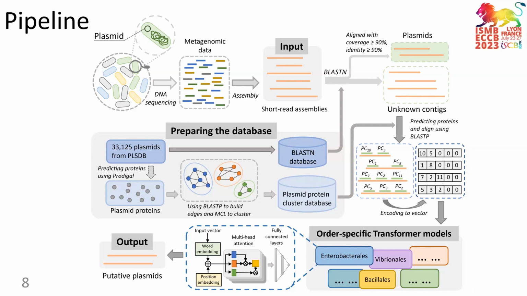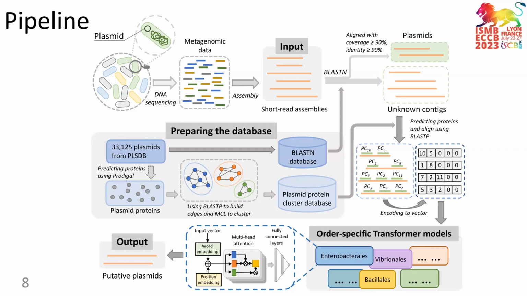Now here we can identify the plasmid contigs that share high similarity with our reference plasmid. For other contigs that didn't satisfy this threshold, we will align the proteins of these contigs to our protein cluster database, and we encode the index of the aligned protein cluster into the feature vectors. Here, we treat each protein cluster as a token, and we encode this feature vector into our transformer